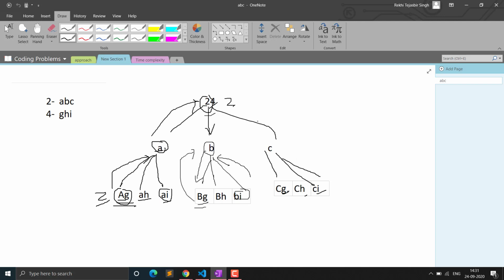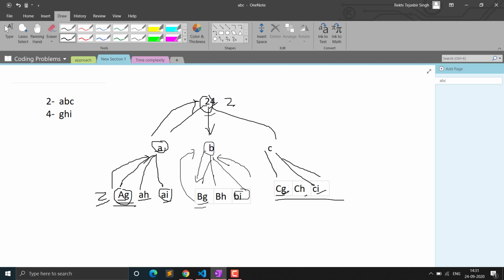So we were exploring all the possibilities, and you can see when we explore for the C, we explore all the possibilities for the C and we add them to our output array when their length is equal to the length of the input. So you can see all the lengths become 2. So then we backtrack. When we backtrack from I and we reach 2 and 4, and we see that we have explored all the possibilities, then we can simply return our output. So this is how we are going to use our backtracking,